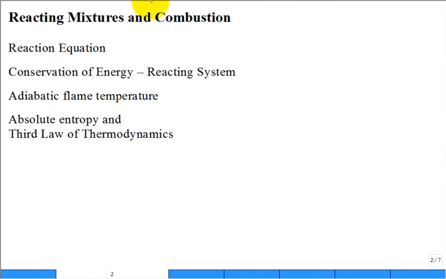So we talk about reaction balance equations. I'm sure you can do that. You need to be able to balance the equation. Then we talk about the conservation of energy, a couple different ways of writing the conservation of energy for combustion